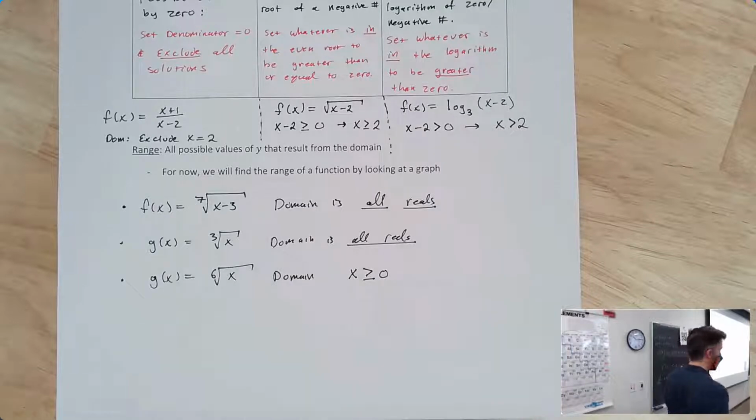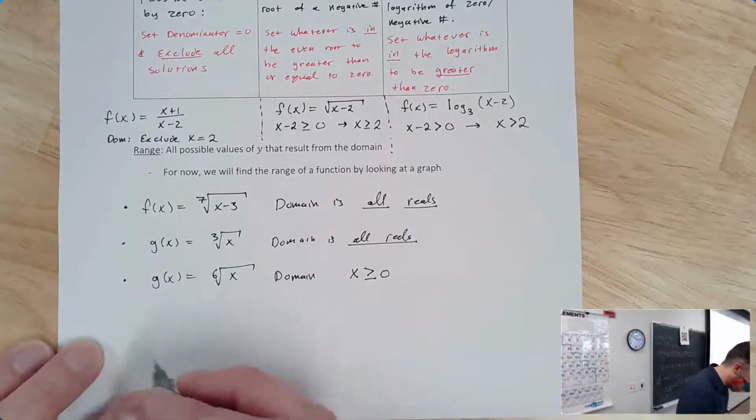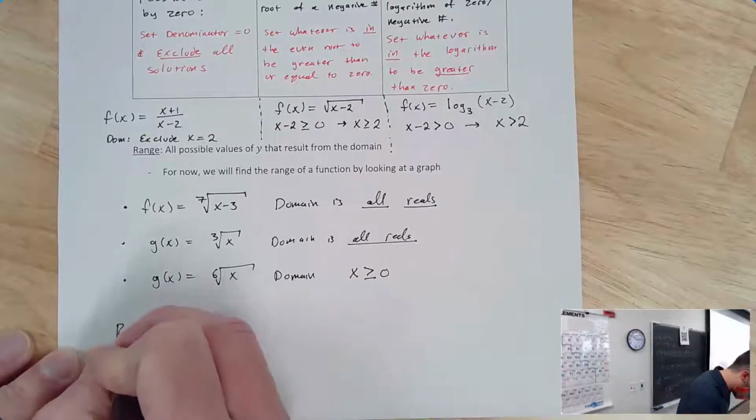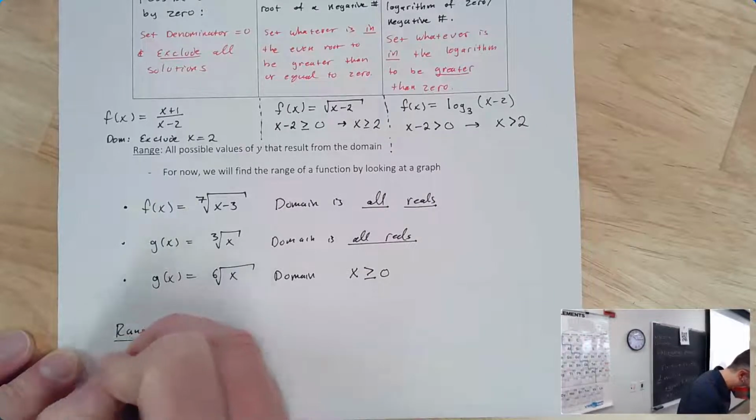As far as the range goes, the range of a function is all possible values of y that result from the domain. So basically any y you can get from the x values you're allowed to use. And for now, we're just going to do it graphically. So one example of this could be something like if we have the function